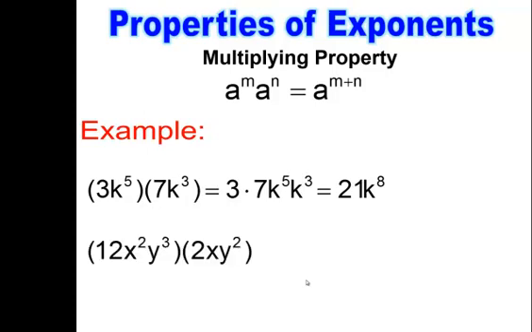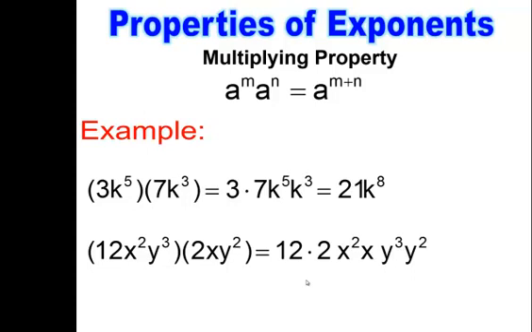So this next one, I want you to notice I have numbers and I also have multiple variables. So be careful when you have a lot going on that you don't forget. Numbers get multiplied. I'm not taking 12 and adding it to 2. This is multiplication. So this is going to be 12 times 2. And then you have x squared times x. They're the like bases. And then you want to make sure you put it in simplest form by following the